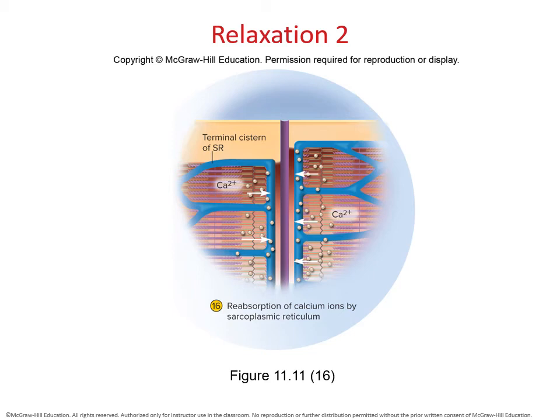You no longer have your voltage-gated ions that are opening up and creating an action potential and getting the membrane, the sarcolemma, all excited. So when the T tubules notice that there's no longer an action potential coming down, the sarcoplasmic reticulum will respond by reabsorbing the calcium. So all the calcium that's still floating inside of the muscle cell is going to get reabsorbed by the sarcoplasmic reticulum.